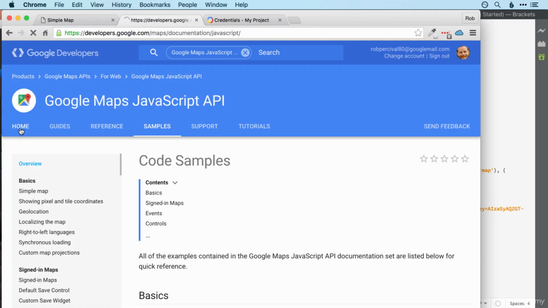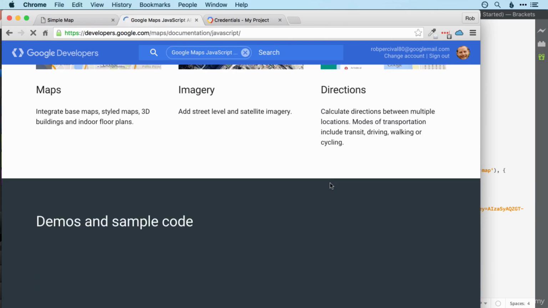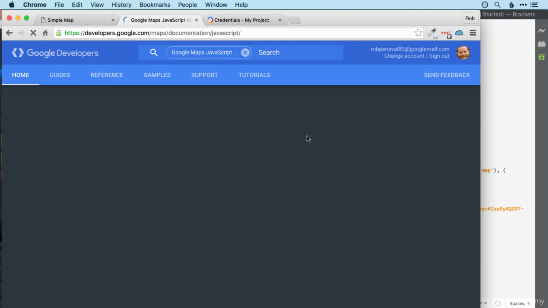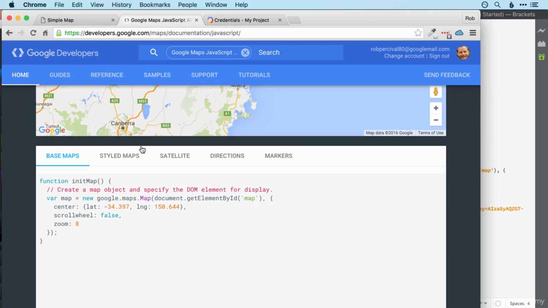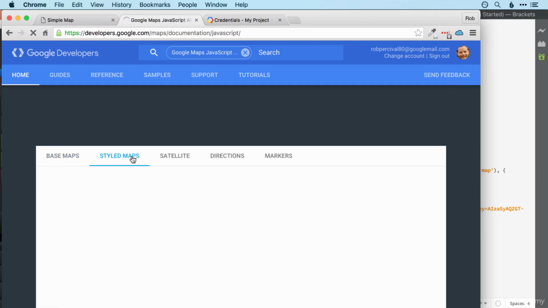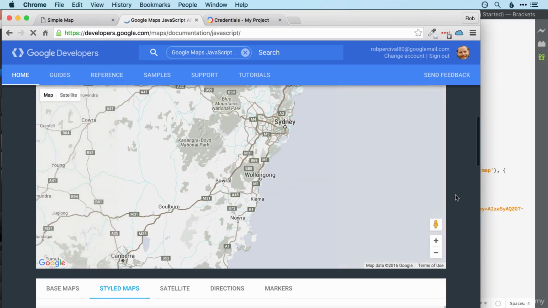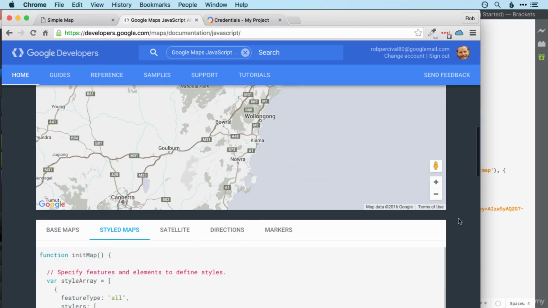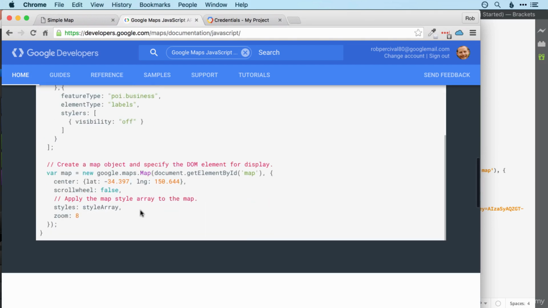If we go back to Home on the Google Maps JavaScript API page and scroll down, you can see we've got some more demos and sample code here. So the basic map I think we're used to, but we can also have a styled map. So you can see we can actually change the look of the Google map completely. So let's copy this code